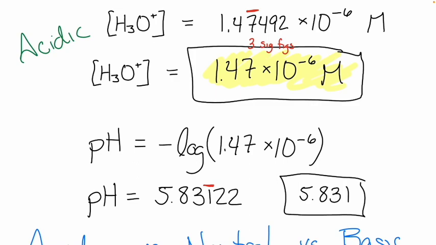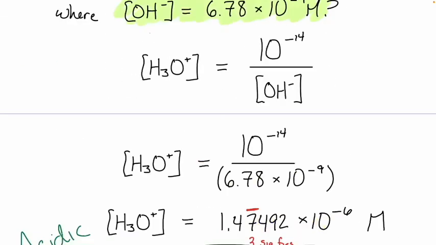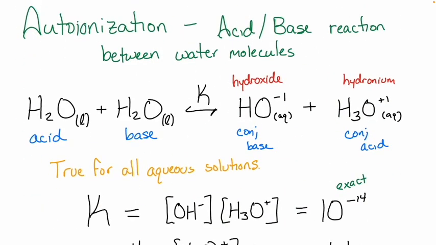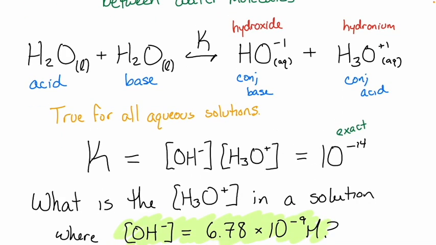All right, so let's go back to our auto-ionization relationship. I guess real quick, let's annotate this. This K value here gets a special little subscript because it corresponds to this auto-ionization reaction in water. KW is what you'll see symbolically to represent that 10 to the negative 14 value.